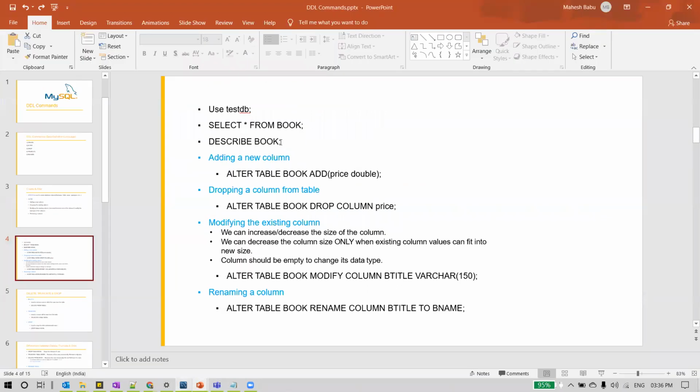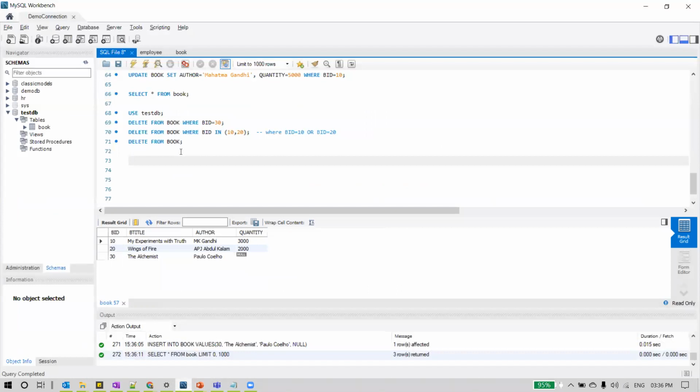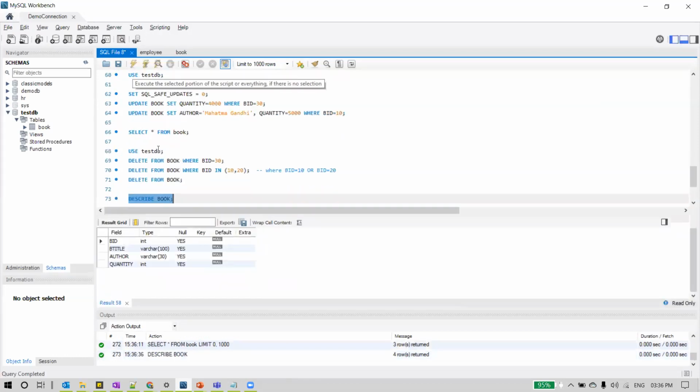Now, the first thing we will do is describe book. What does the describe command do? When we use the describe command on a table name, it describes the structure of the table, that is, what columns it has. Let us execute this and verify first. You can see here the columns in the table are listed, the data type of each column, whether null is allowed in that column or not, whether any column is specified as a key, and whether the column has any default value.